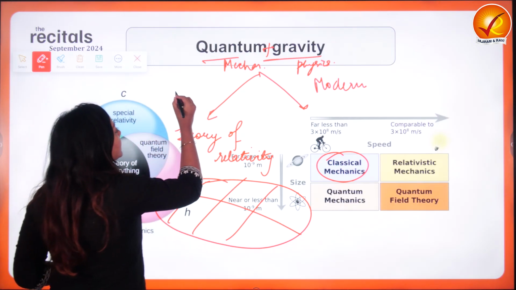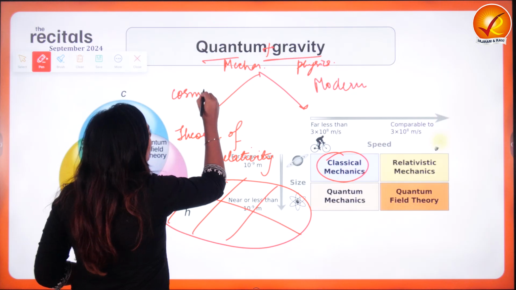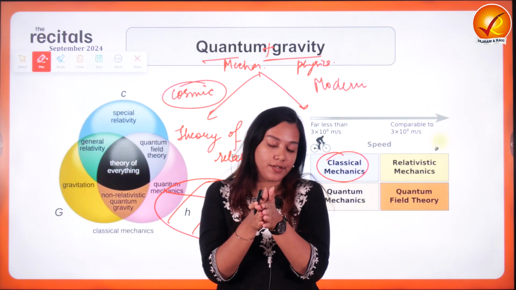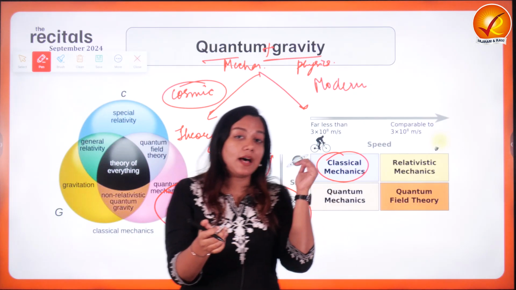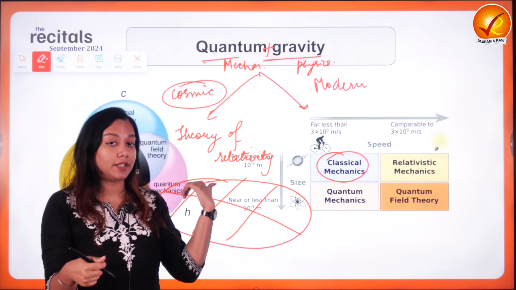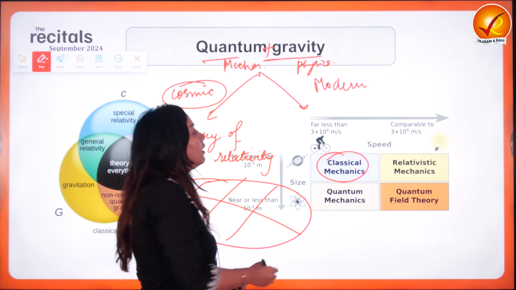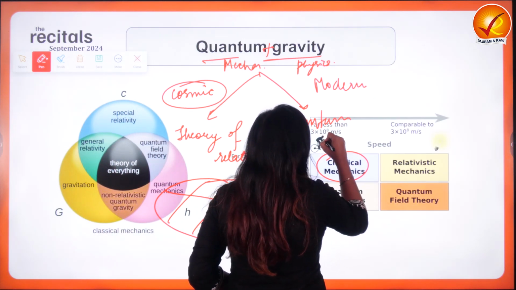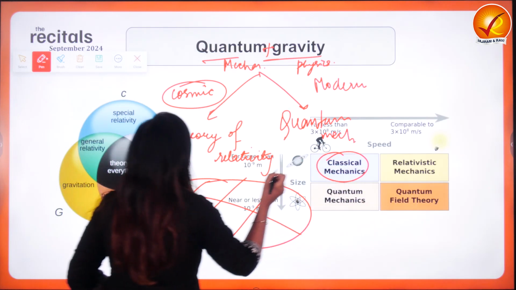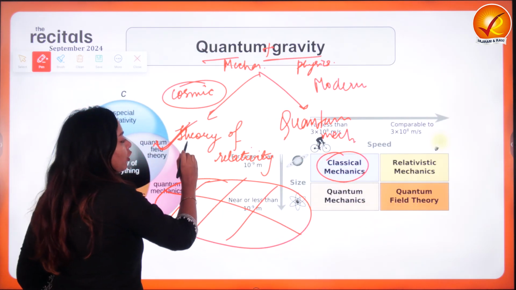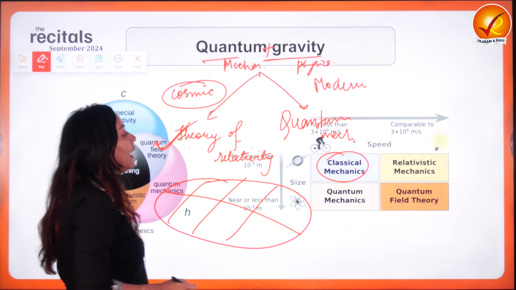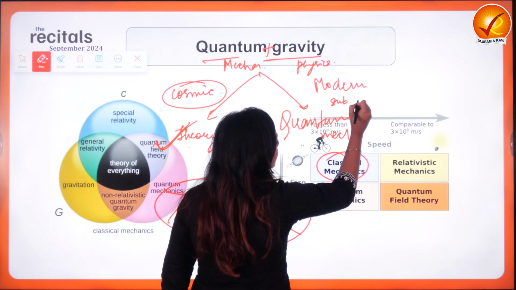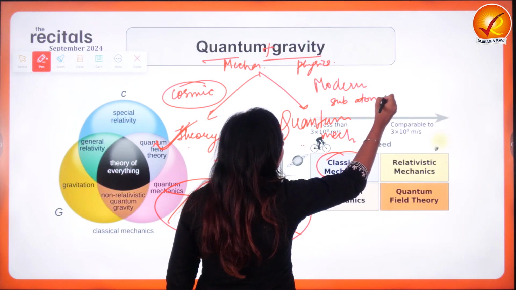Please remember, this is how the cosmic bodies work. But if you come to the subatomic levels, even the classic theory of relativity fails. And what is applied? It is quantum physics or quantum mechanics. So at the cosmic level, we have the validity of the theory of relativity, and at the quantum level, at the subatomic level, we have quantum mechanics.